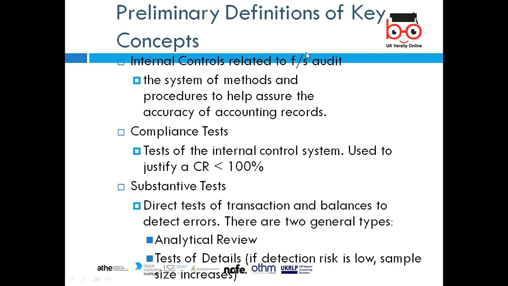Preliminary definition of key concepts: internal control we can look at, compliance tests we can do, substantive tests we can suggest. Maybe we can do an inventory test, an account opening test. We can look at credit control. When you sell goods on credit, what procedure do you use? Anyone can come and buy, and you give them credit, so there is a lot of risk. The company can collapse in future, so it is the auditor's job to look at this.